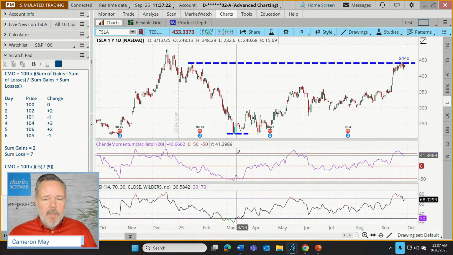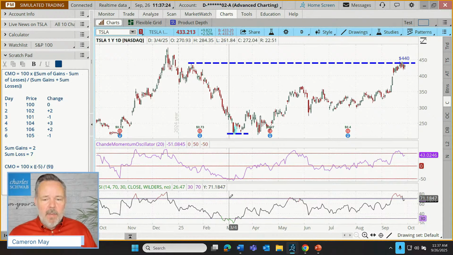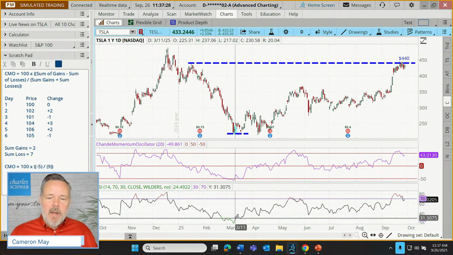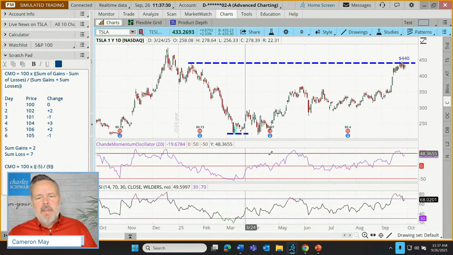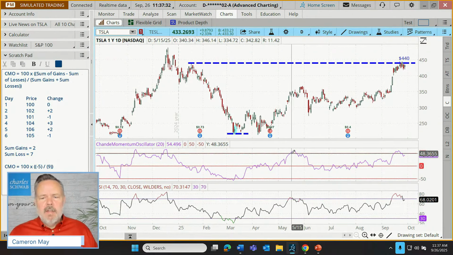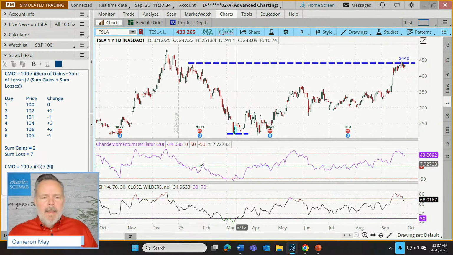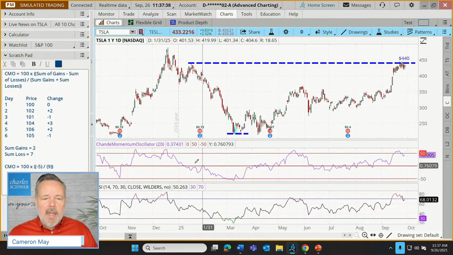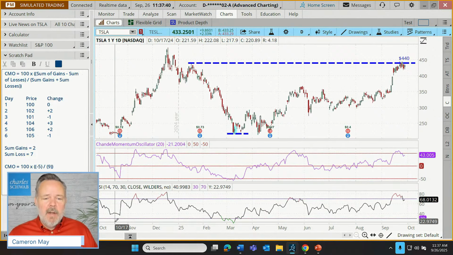Yep, we have overbought, oversold, overbought, oversold. We have buy signals being generated on crossovers. We have sell signals also potentially being generated from crossovers. But one thing that some traders like is the midline for the Chande, which is not available on RSI. Also, the signals are not identical. They're similar, but not identical.